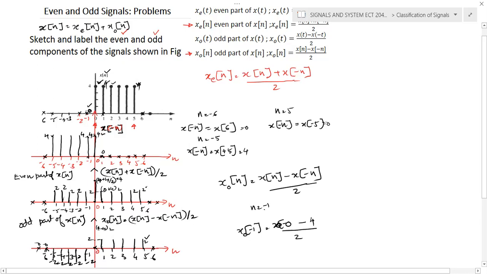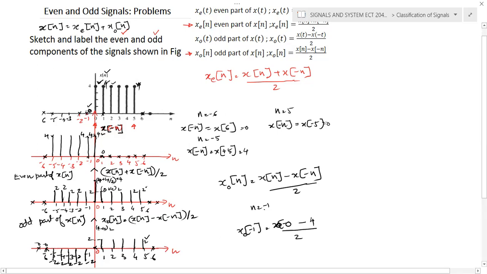Now for the negative side you can verify. So here it is minus 2 and here it is 2. So minus 2 plus 2 becomes 0. Okay. So we are getting the signal x of n. So from this particular problem, we can conclude 2-3 points. Any signal can be represented as its even component and odd component, that we can verify, and we can extract the even component and the odd part of a signal by using the formula.